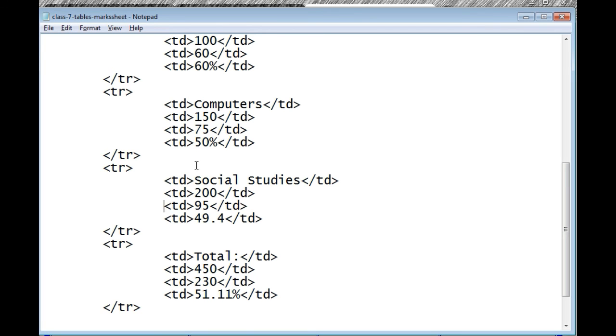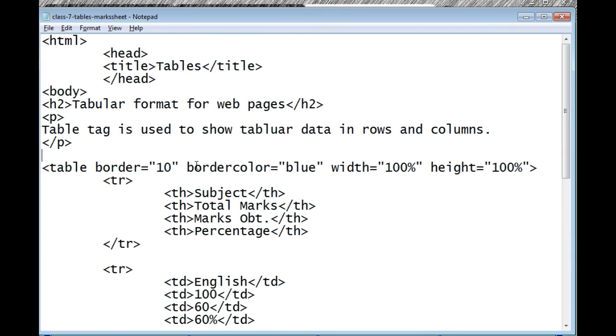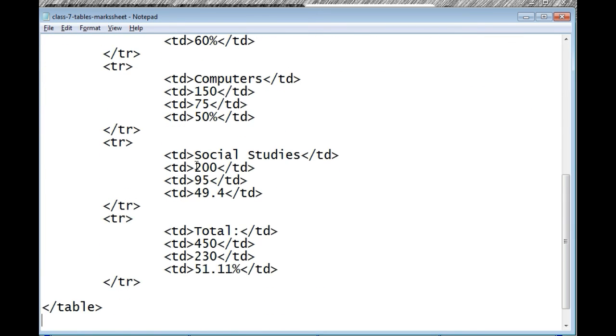Important thing about tables, what? Table row, the first row contains the TH heading, and all other rows contain the data, and TD is called column. Column number 1, column number 2, column number 3, row number 1, row number 2, row number 3, row number 4. So columns and rows, this is tabular data like we do work in Excel. Excel has tabular format. Okay, so this is very important.